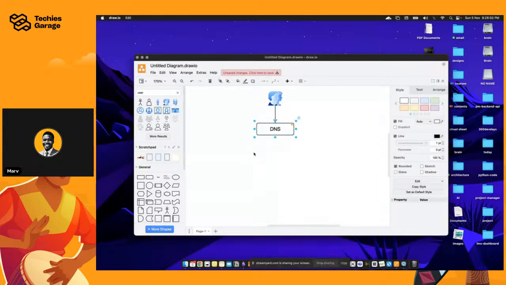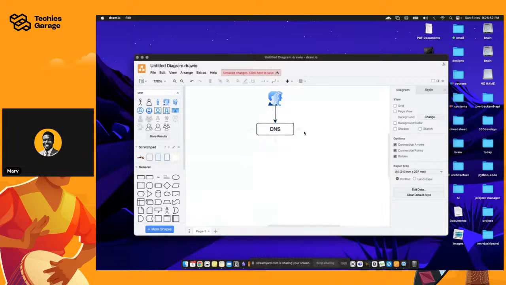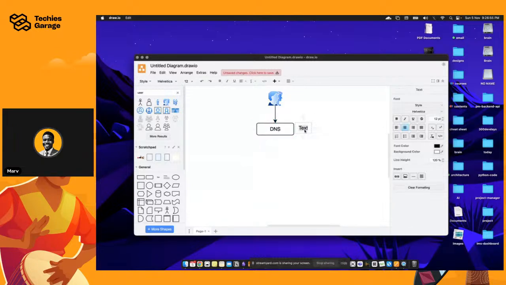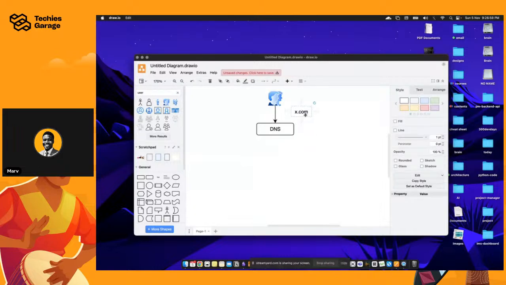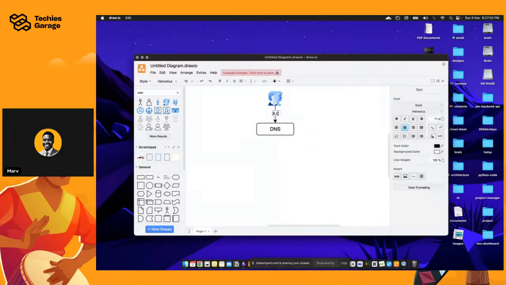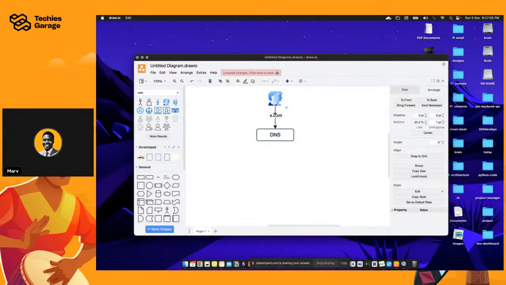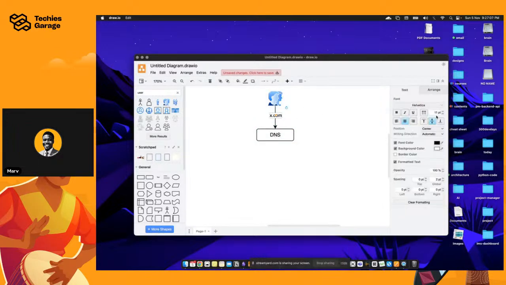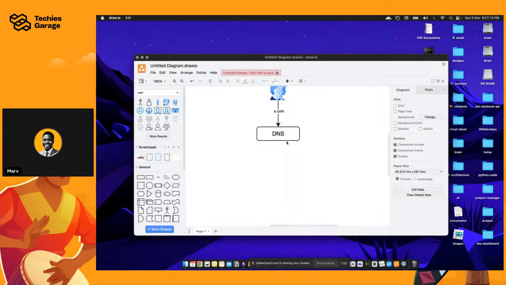So let's say you have your DNS, such as x.com, so Twitter or X, anything you choose to call it. This is just an assumption. Let me drop the size a little bit so we can have enough spacing.